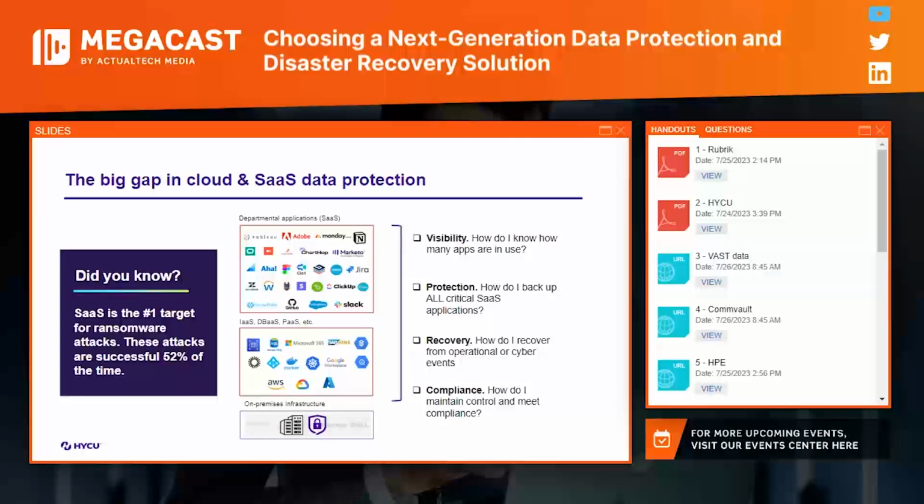Not only the most common ones, but any SaaS application out there. Currently, we are around 17,000 SaaS applications available worldwide. Average mid-sized organization in the US easily uses 50 to 100 SaaS applications, if not more. So how do you make sure you can protect that?